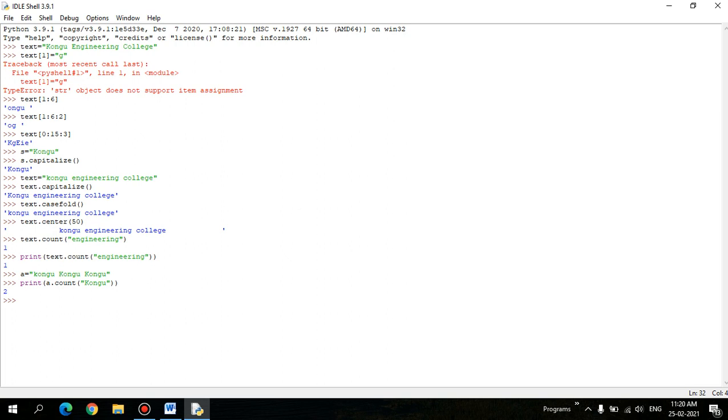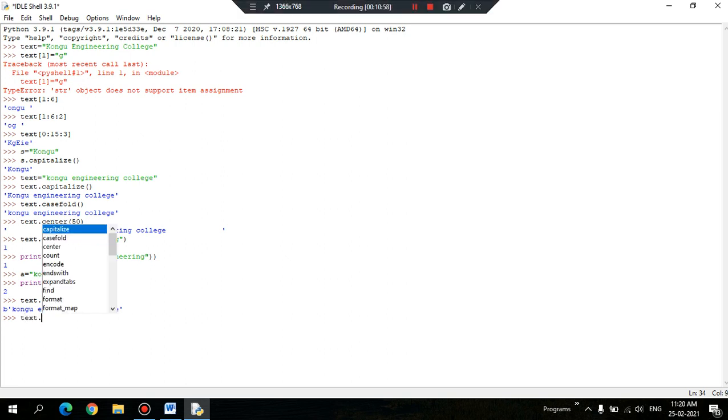And the next one is text.encode, which encodes the characters. If you want to encode, you choose a proper encoding mechanism. Let's take ASCII. I am going for ASCII characters, so you can give it as ASCII and it will encode. It will be in a different format. There are plenty of encoding mechanisms that exist. We don't want that, let's go for the next one.